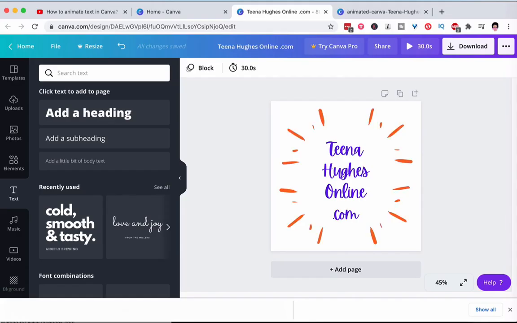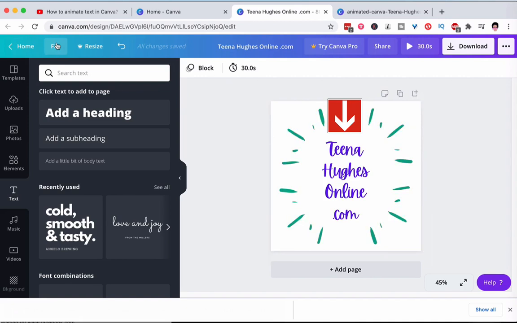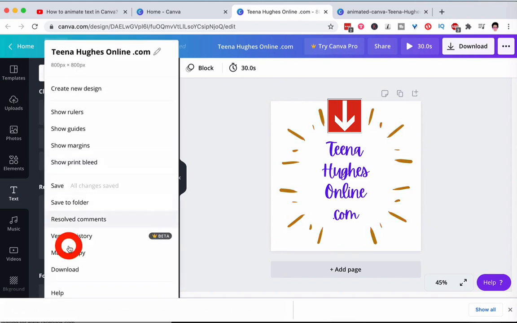So let's get started. The first thing I want to do is show you one that I've created. It only took a couple of seconds, and this has 4 separate animated sections. These are pre-animated, and then this one here I animated in Canva. Okay, so this in the center, the text can be absolutely anything you want. So let's create a new document and we'll take it from there.